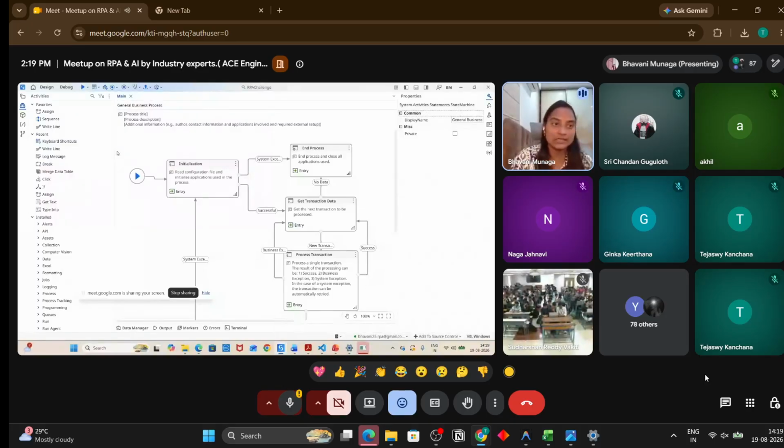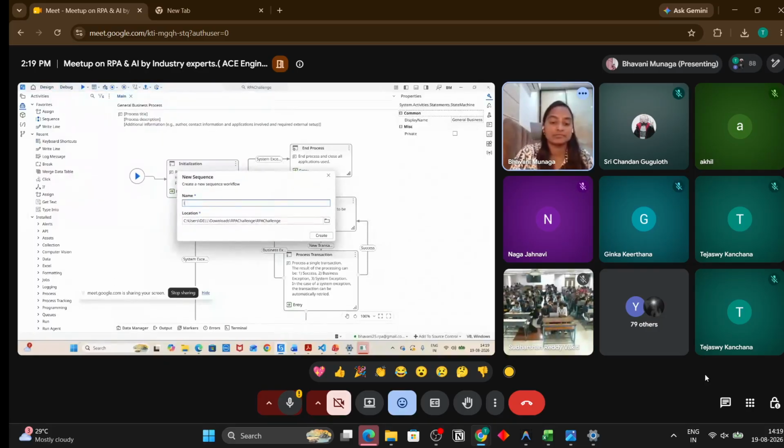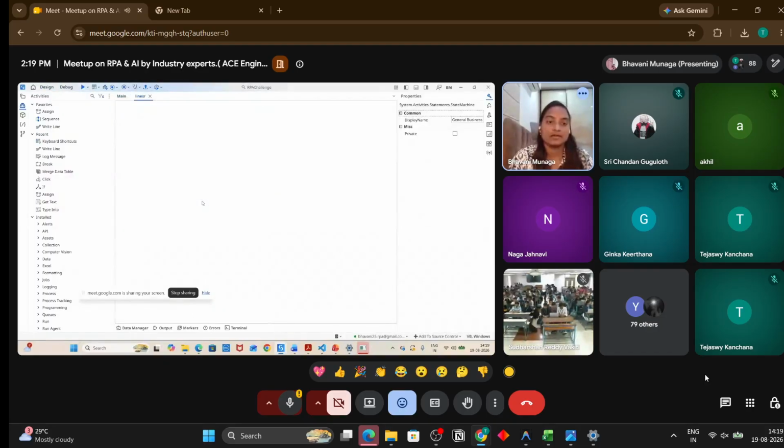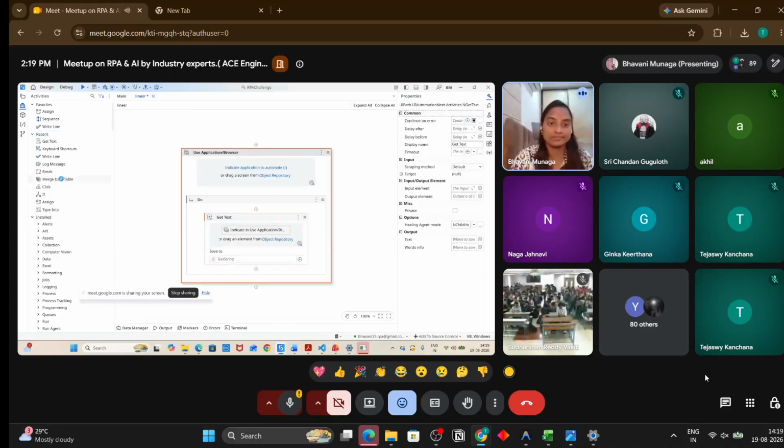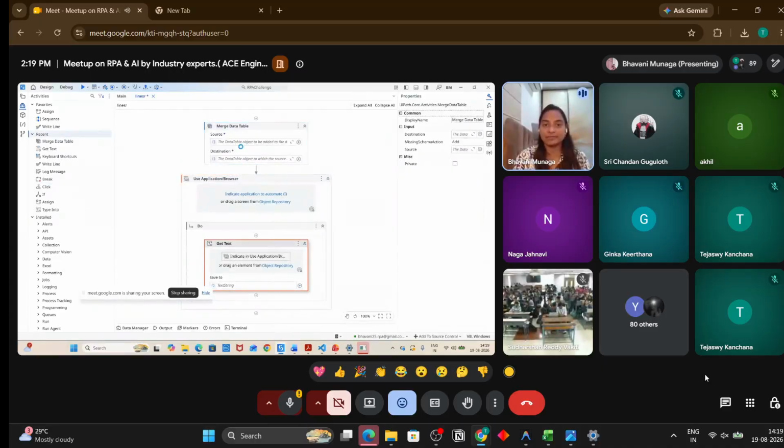There are no conditions, nothing there. You have to just code it. So you just drag and drop, and this is the linear flow.